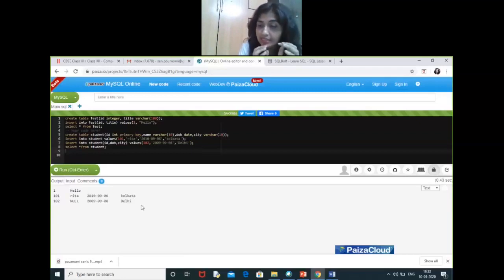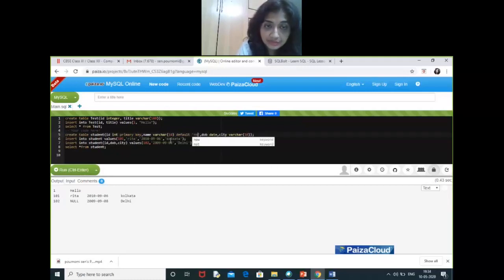But we can set some default value also. For setting a default value, while you are creating the table, you can set it like this, like ID int primary key, name varchar. Here you can set a default value. You just need to write default, then space, and within quotes you will provide the default value.